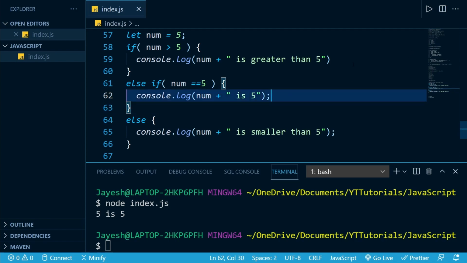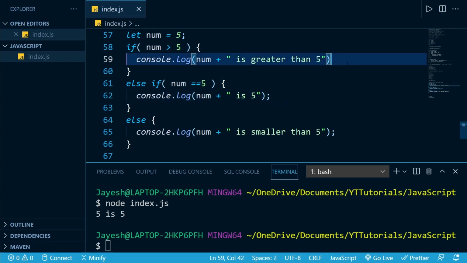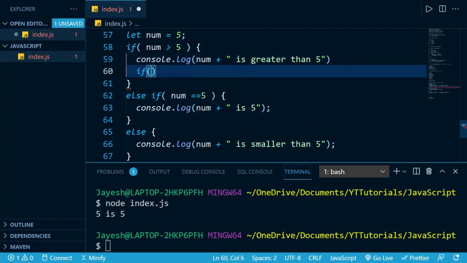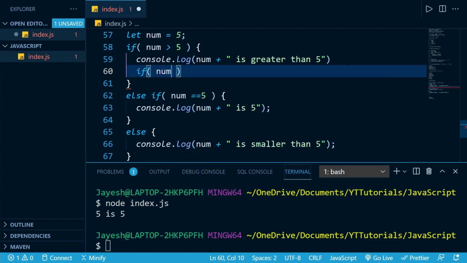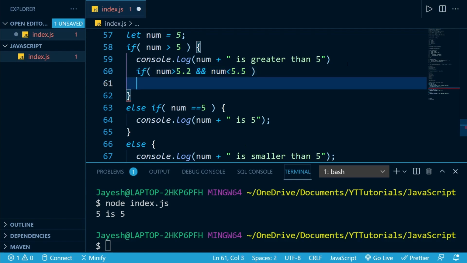And we can also have an if condition inside of an if condition. For example, if num is greater than 5.2 and num is less than 5.5, that's one thing we can do.